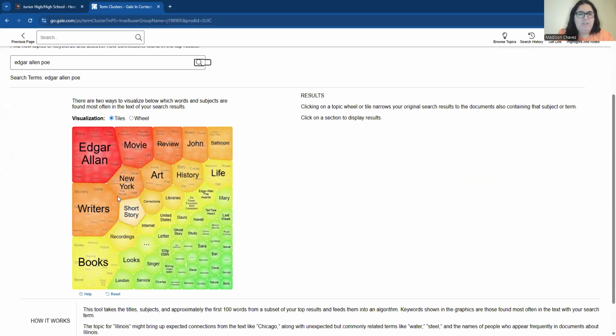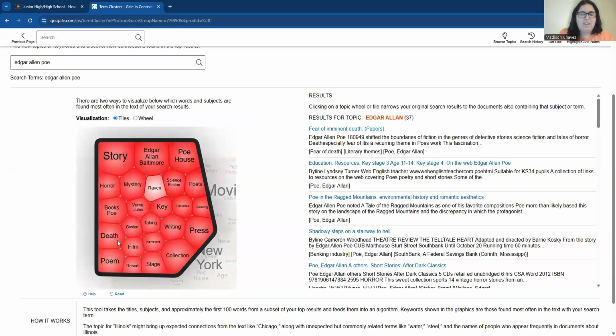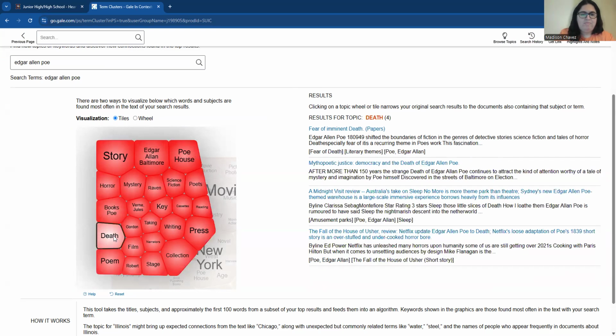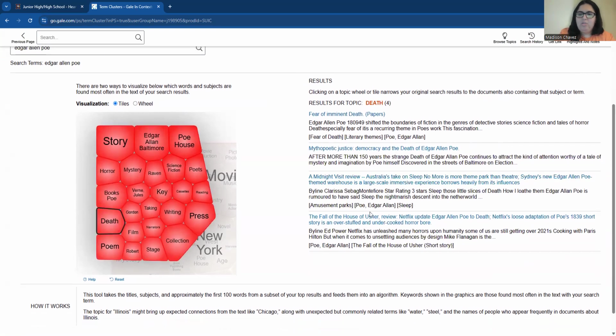It kind of breaks down different subjects. So as it says, words and subjects are found most often in the text of your search results. So Edgar Allan, and all of these connected things. So I just want Edgar Allan. So if I type in here, then I get even more specific. He writes a lot about death. Maybe I'm wanting to write about his connection to death. I click on that, and then I can find articles that are focused on either, as it says, maybe the